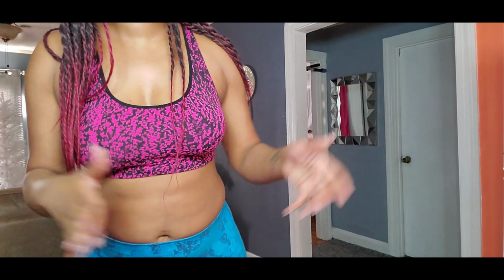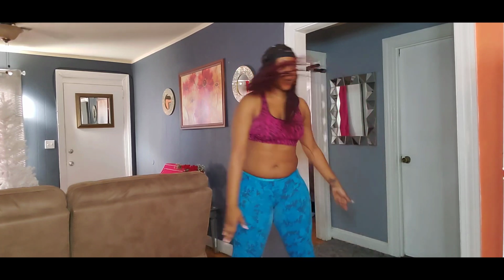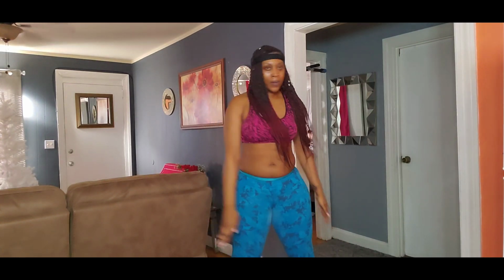Next thing we're gonna do, guys, is our side oblique stretches. What we're gonna do is start on your right. We're gonna make sure we have our back arm all the way up and go all the way down to your side. Let's go. 1, 2, all the way up. 3, be sure you're holding your abs in. 4, 5, 6, push forward. 7, 8, 9,